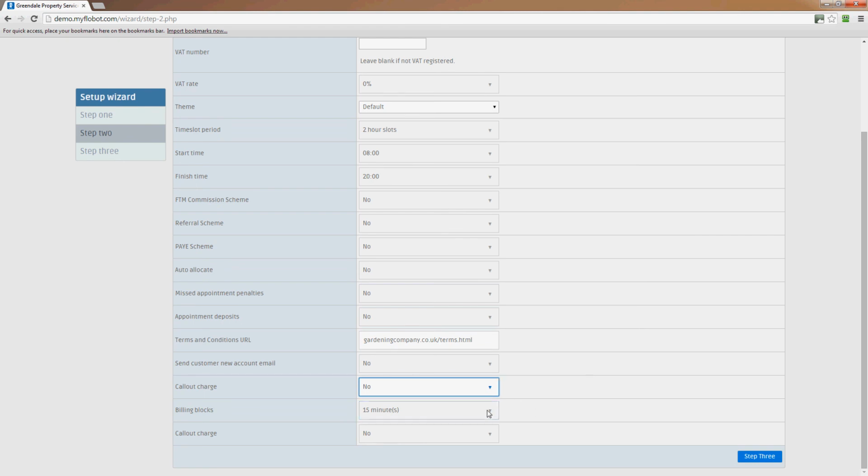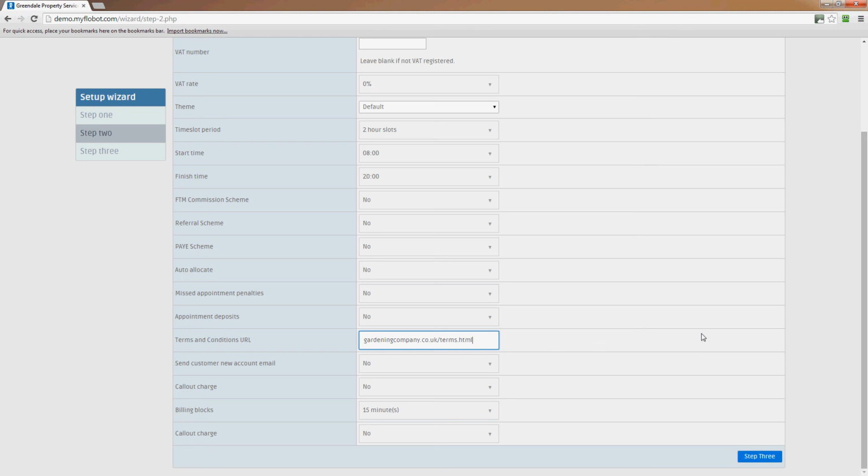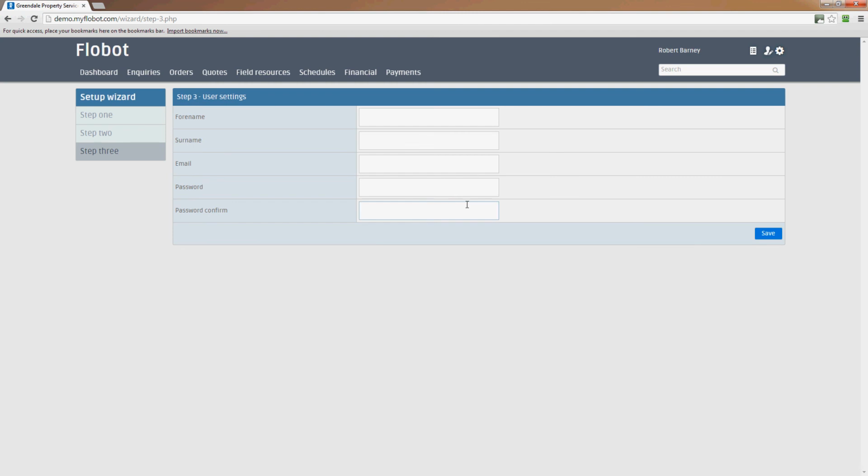Billing blocks, do you round up in 15 minutes, 1 minute, or right up to an hour? So that's if your engineer starts at 9:01 or at 9 o'clock, finishes at 10:15 or 16 minutes past 10. Does it round up to the next 15 minutes above, or do you charge for 2 hours? And again, another call out charge, ignore that one, and click step 3, which will finally take you to the user. So this is your first user, so I suggest that you probably put your own details in here. I already have a login and password, so I will just put in